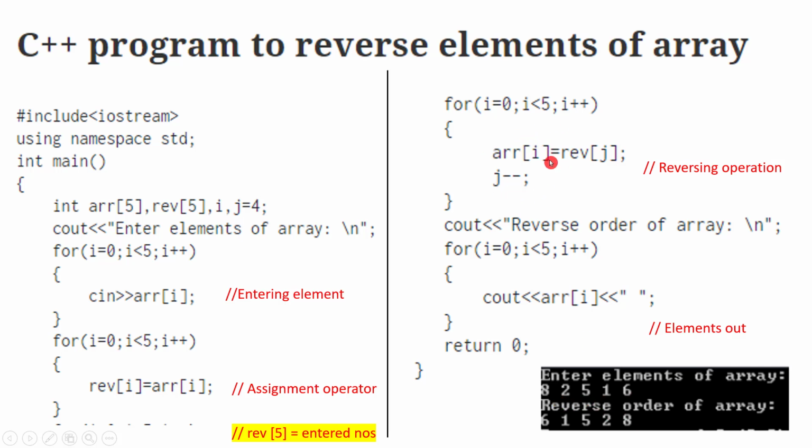So in this for loop, they just equalized that ARR I will be having a new value of REV of J. Okay, so 82516 is the REV now, and J is minus minus. We know the initial value of J is 4. So ARR 0 will be equal to REV of 4. So the fourth element 6 will come to ARR 0. So this will keep on going, and ARR I will be very correctly the original matrix.